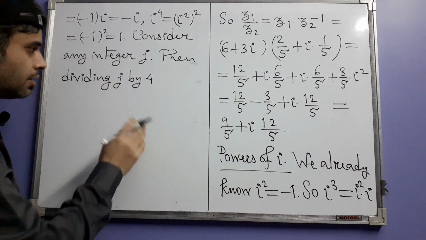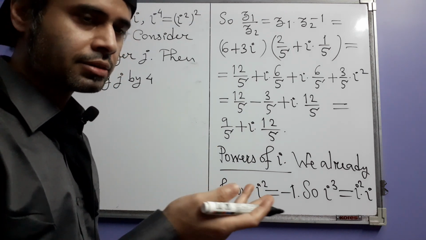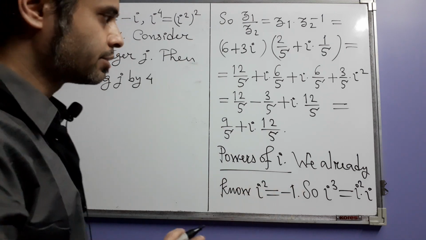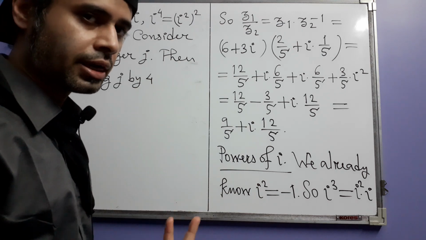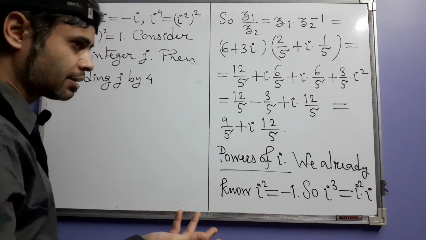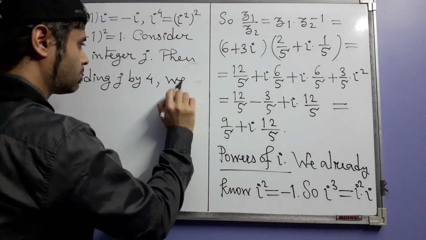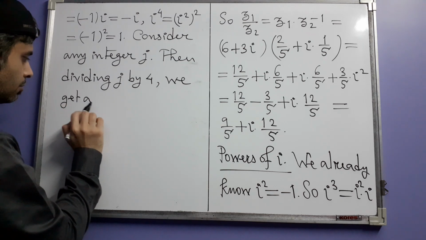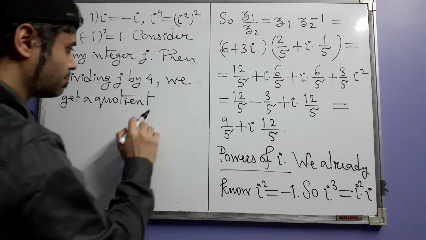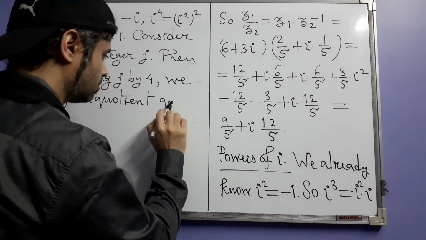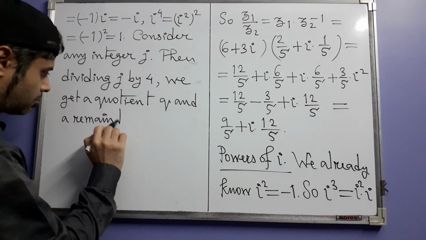We can do division, and division will produce a quotient and a remainder. We have learned this in school, basic school arithmetic, that you can divide any integer by a non-zero integer to get a quotient and a remainder. Maybe I think in class 2 or 3 we learned this. We get a quotient, and let me give some name to this quotient, say Q, and a remainder